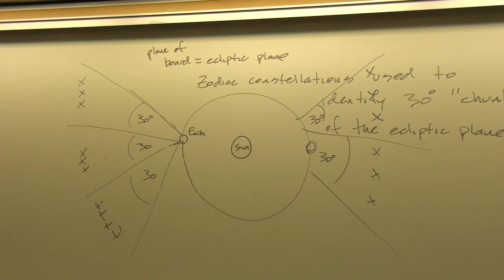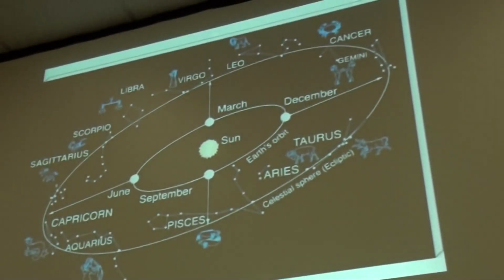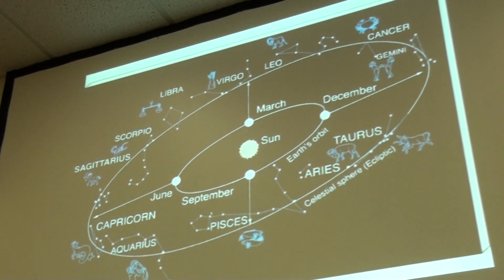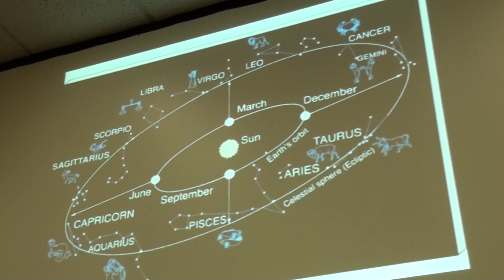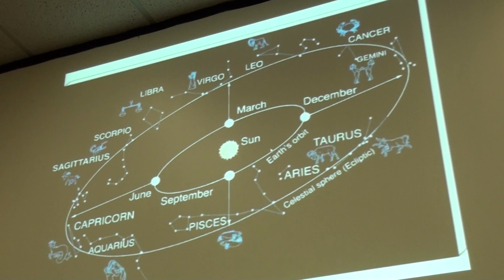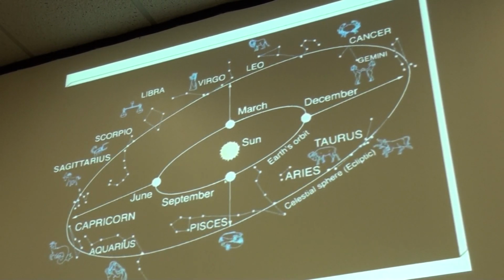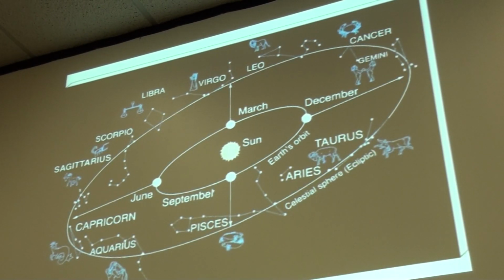So let's go back up to our data projector view. We can see then that the position of the zodiac constellations varies with the time of year. Here's the Earth going around the sun. So on the back side of the Earth, we should be able to see, say, Cancer and Gemini and Taurus. When we're over here in the June, July, August, September part, we should be able to see Capricorn, Aquarius, Sagittarius.